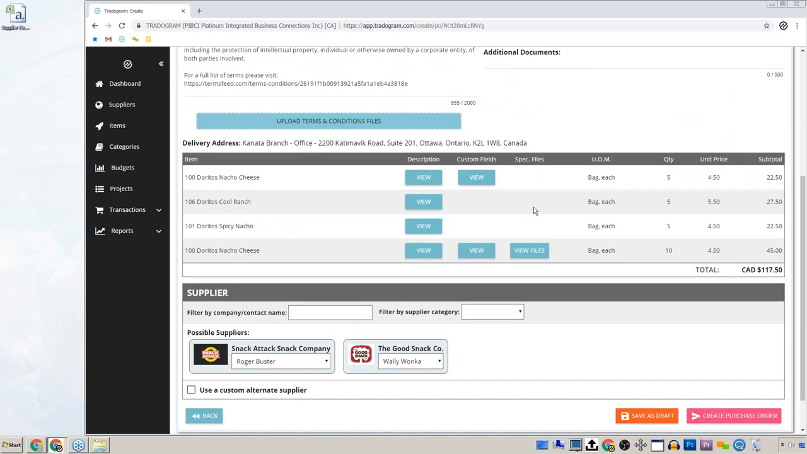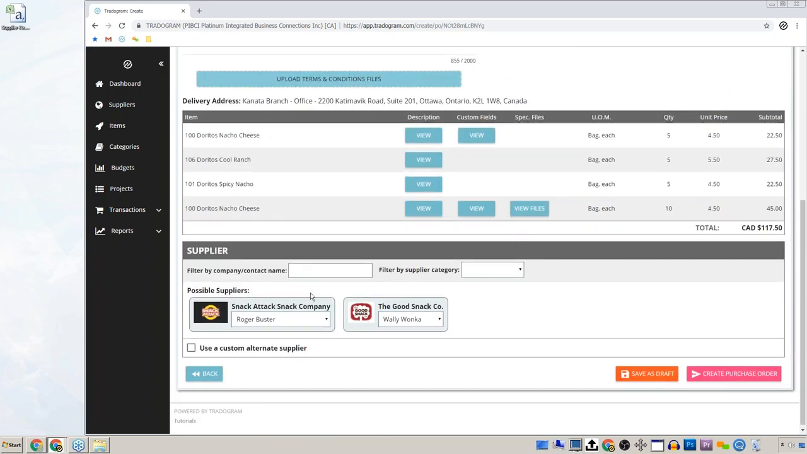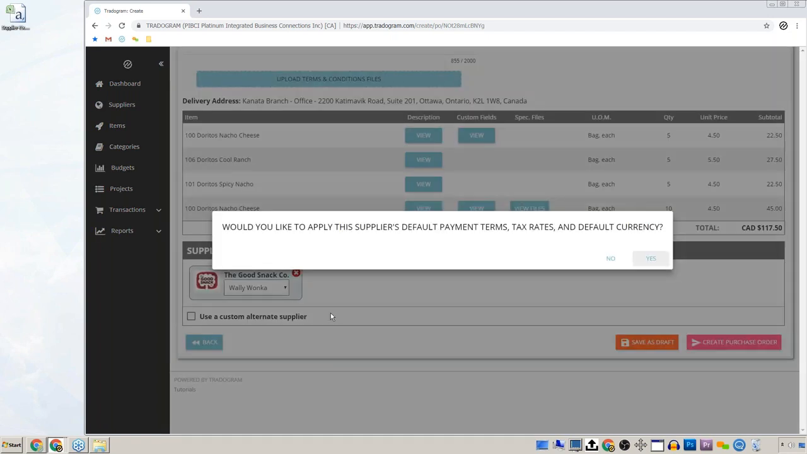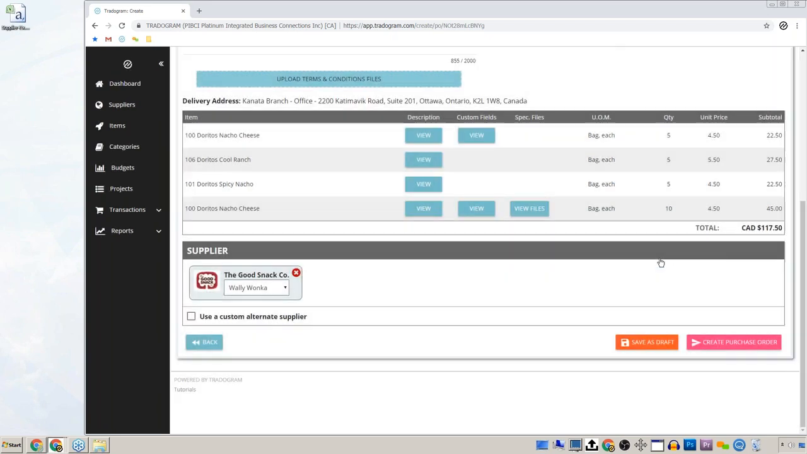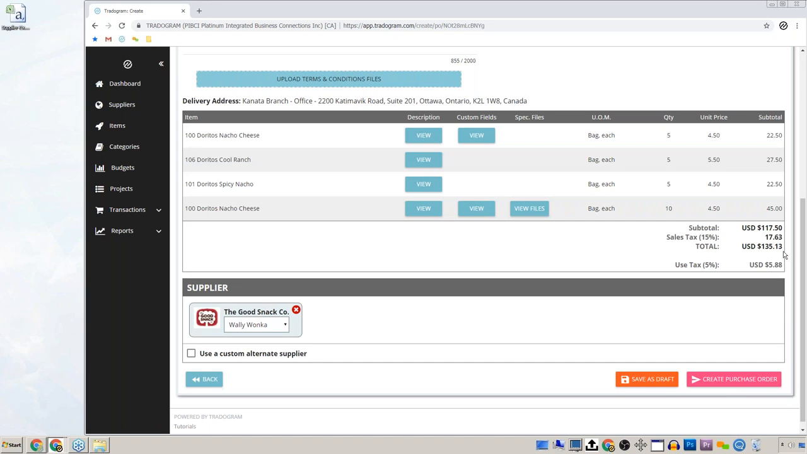And then we get to pick our supplier. So in this case, we've got two possible suppliers we can place this order to. I'd like you to pay particular attention to the fact that this is in Canadian currency right now, so it's 117 Canadian dollars. If we click on this supplier, we can apply the default payment terms, tax rate, and default currency automatically. So all of a sudden, we're going to see that we've got a new US dollar total amount,